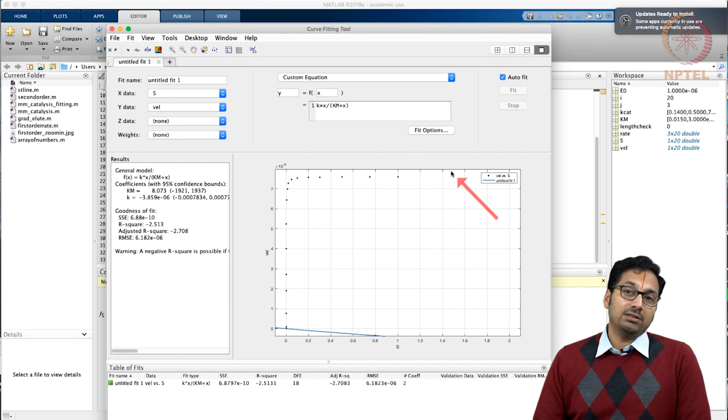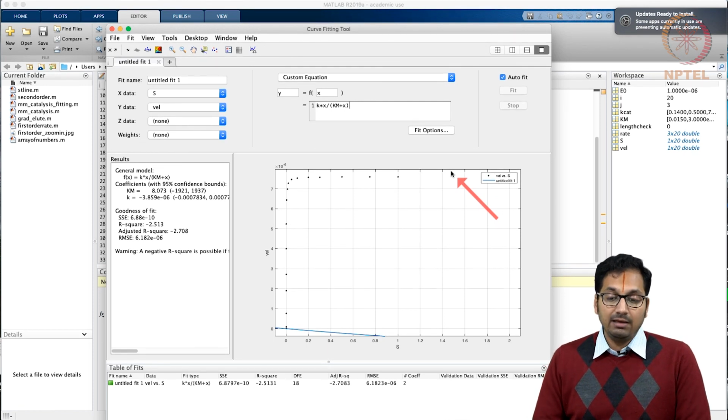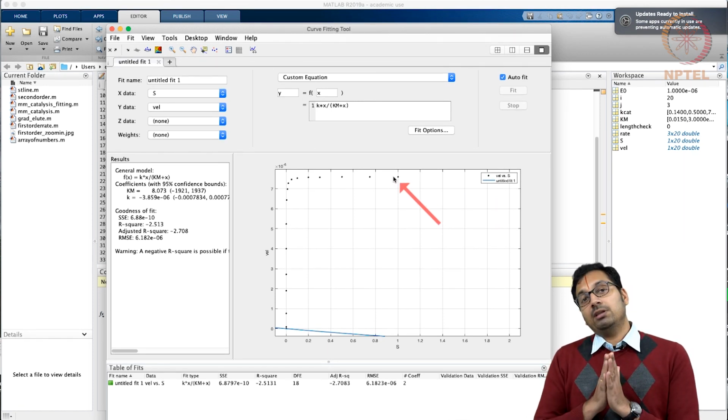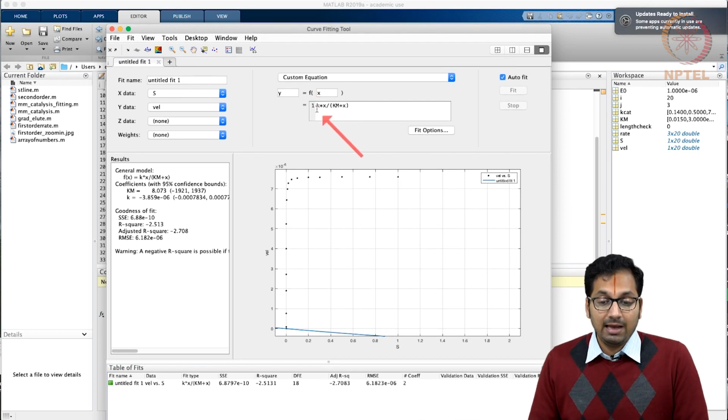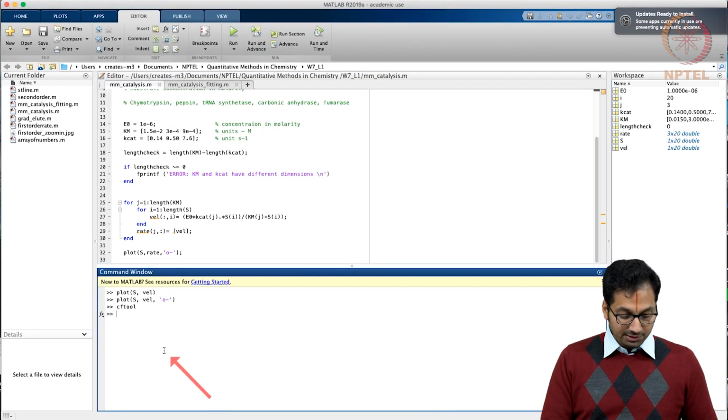If you recollect the equation that we are trying to use, we have velocity is equal to Kcat times E naught times the substrate concentration, the whole divided by Km plus S. And we know for a fact that we are taking the substrate concentration as a known amount. In this case we used a 10 micromolar concentration of the enzyme, and then we simulated these curves. An important thing one has to understand is that this K here has that information that goes in. So one thing that a person can do is to actually change the velocity. So let's call it a new variable. We can call it test underscore velocity is equal to velocity divided by E naught.